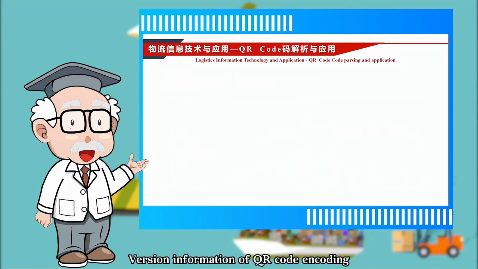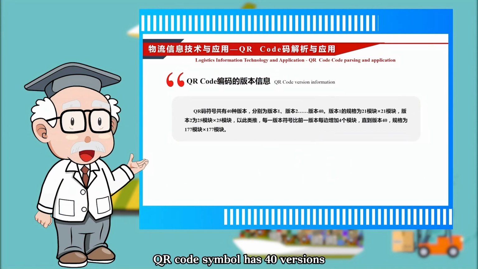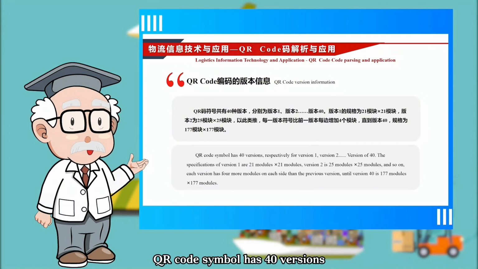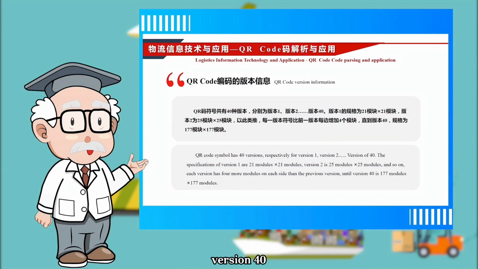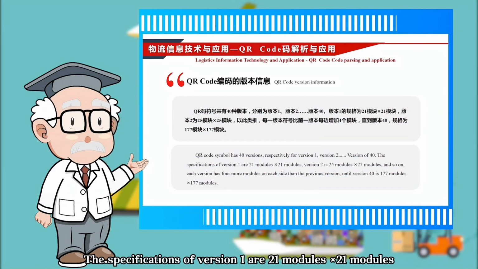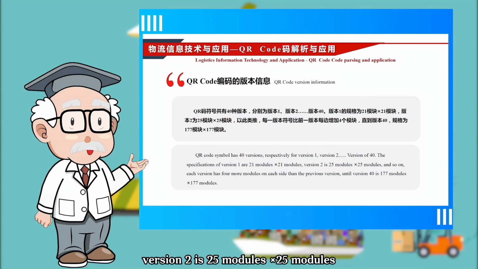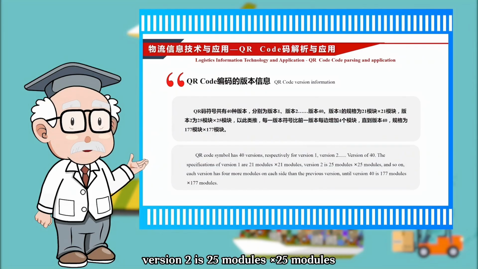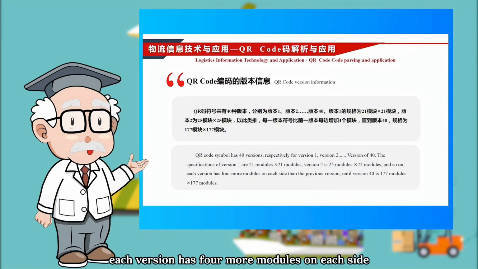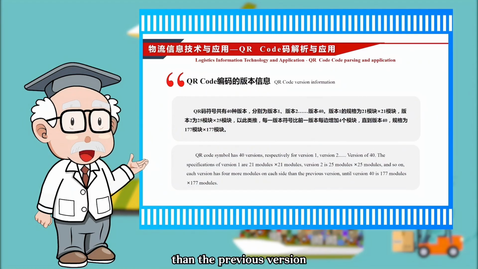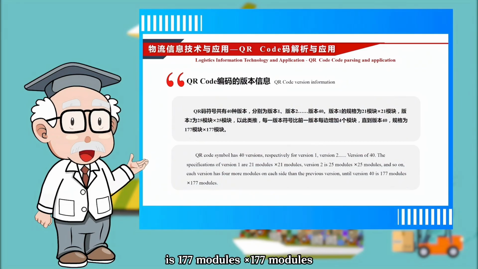Version information of QR code encoding. QR code symbols have 40 versions, respectively version 1, version 2, up to version 40. The specification of version 1 is 21 modules by 21 modules. Version 2 is 25 modules by 25 modules, and so on. Each version has 4 more modules on each side than the previous version, until version 40 is 177 modules by